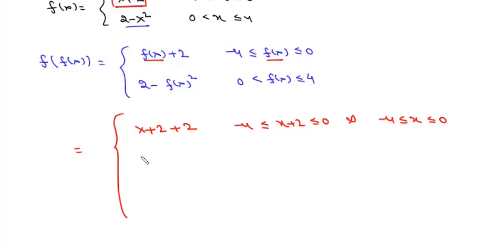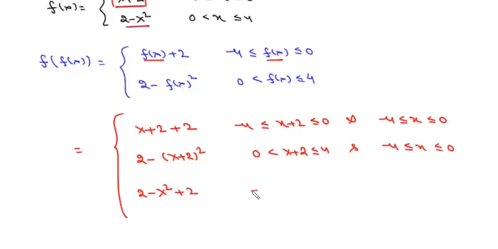And the next one is 2 minus (x plus 2) square when x plus 2 lies between 0 and 4, and again it is true when x lies between -4 and 0. Now we have this other definition, which is 2 minus x square. So it will be this 2 minus x square plus 2 when -4 is less than or equal to 2 minus x square is less than or equal to 0, and here